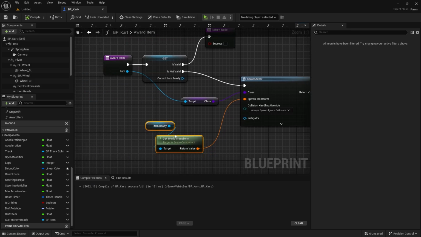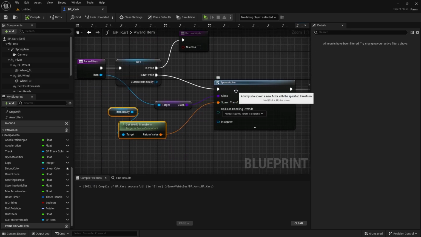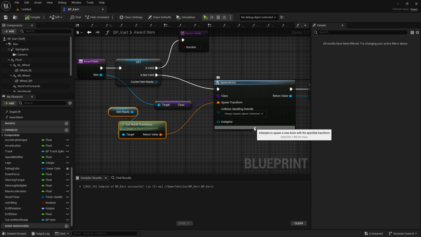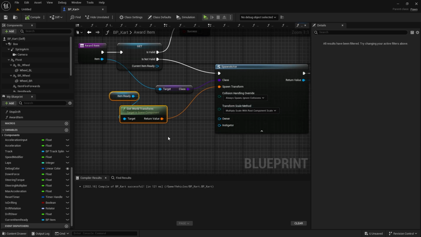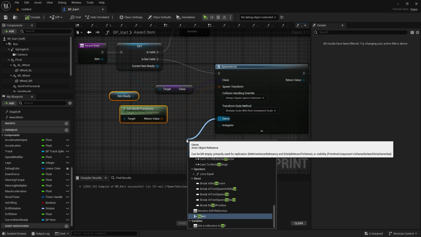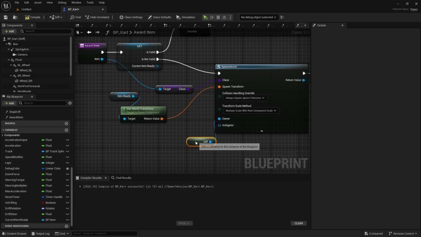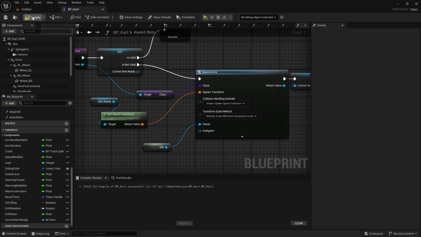Okay, next up, we want to know who owns this actor. So if we expand open the advanced options, the owner, we're going to plug in self. And that's going to be important because we want it to not collide with ourself. Want it to only collide with other players. So leave it like that. And then on the